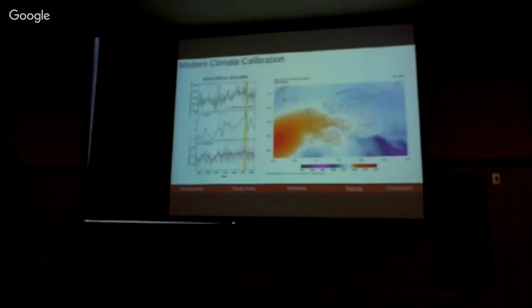So on the left here, I am showing our modern day dust record from 1870 to 2008. In the blue, you have PCA1, the Saharan dust proxy, and iron, and also the Mediterranean June-July mean sea level pressure. So there is a strong summer signal, so we decided to focus on the June, July, August summer season. And we correlated our Saharan dust proxy to sea level pressure, to known pressure systems